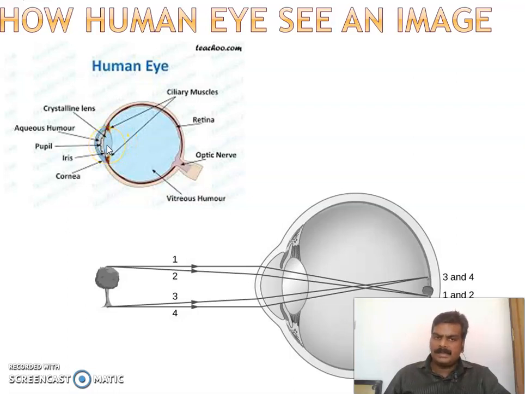Through the iris, light will pass through the lens, which is the crystalline lens. And at the back side of the eye, there is a portion called the retina, and this retina functions as the screen of the eye. So whatever image we see in front of our eye, those light waves come through the pupil, then through the iris, and then through the lens, and are projected onto the retina. This is what happens during normal vision.